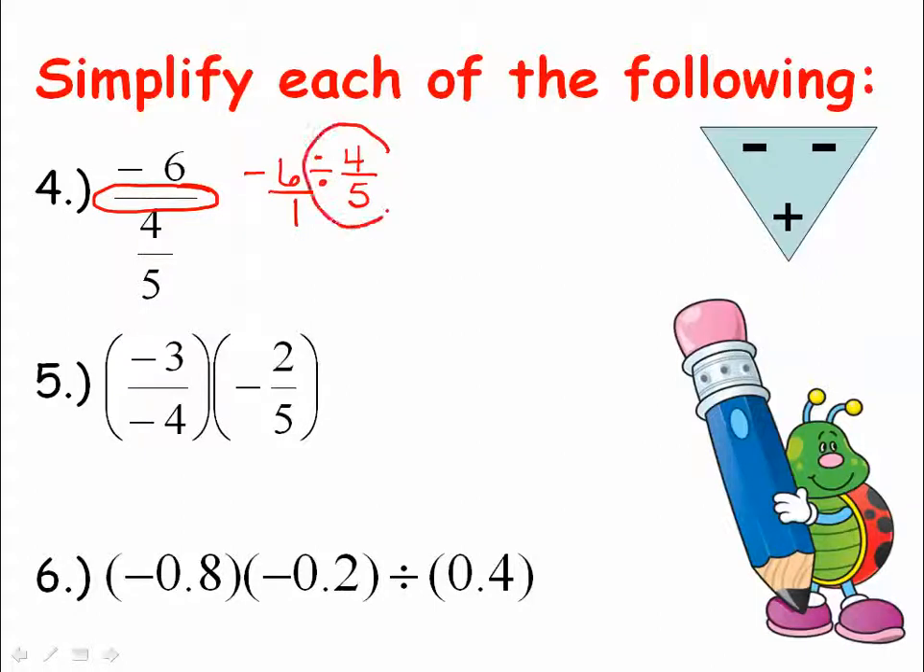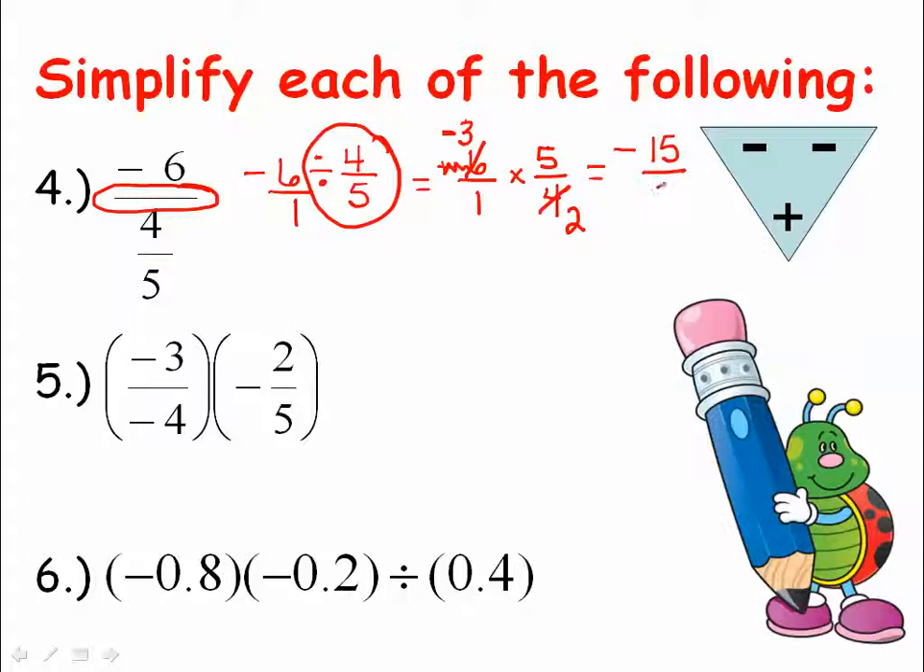I always change dividing a fraction to multiplying by the reciprocal. So this is really negative 6 over 1 times 5 over 4. I should reduce. 2 goes into 4, 2 goes into 6. I now have negative 3, I'm going to move my negative up there, times 5, which is negative 15,